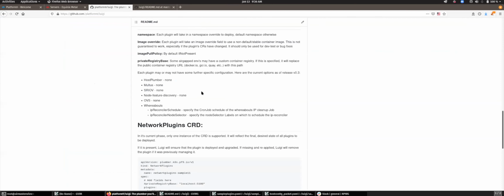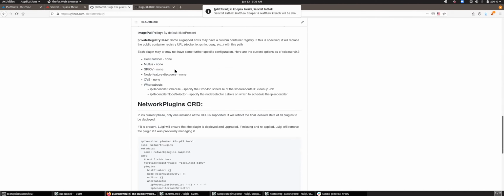Awesome. So there are some other nuances for configuration. These are specific to these plugins. I'm not going to go into detail about what these are, but Whereabouts is an IPAM driver and has some other features that we decided the users may want to customize. So these are the options that are available. For now, these other plugins are very simple and there's nothing big.